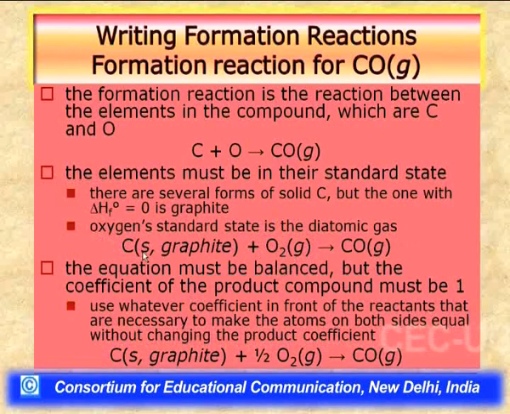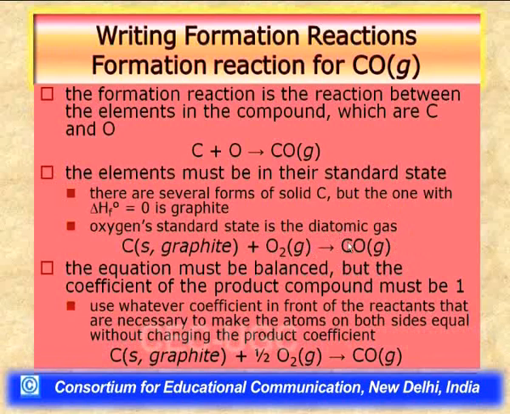So carbon solid in the form of graphite, when combined with oxygen gas, these being the two stable states of aggregation of the elements carbon and oxygen, go to give carbon monoxide gas. The equation must be balanced. Now we can see there is an imbalance in the equation. Why is there an imbalance? Because in carbon monoxide we have only one oxygen atom, whereas in diatomic oxygen species two oxygen atoms are involved. So we need to balance this equation, but we need to balance it in a way that